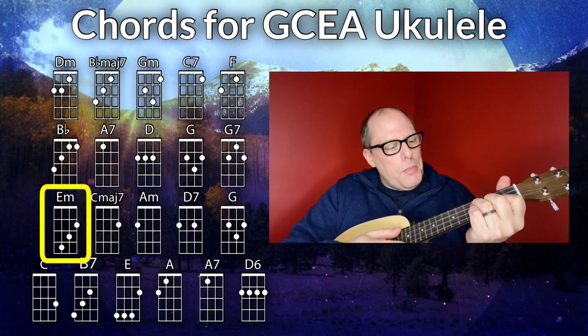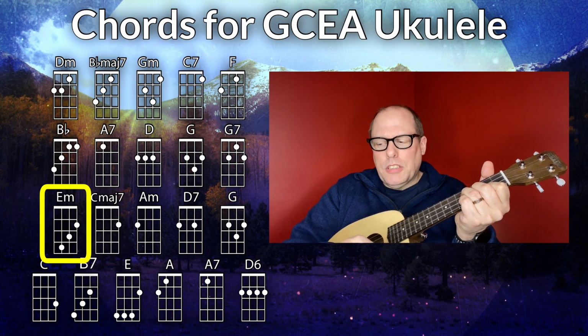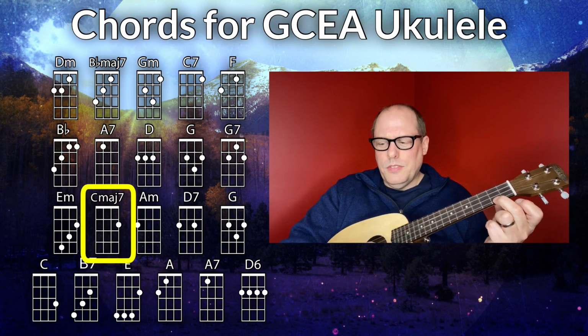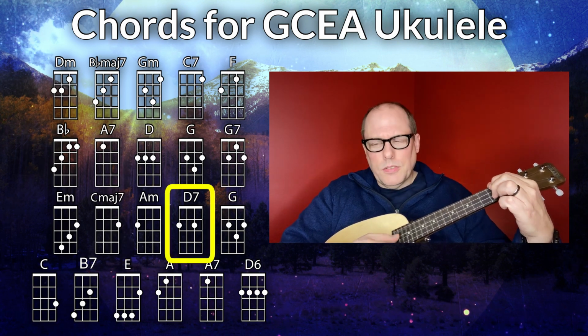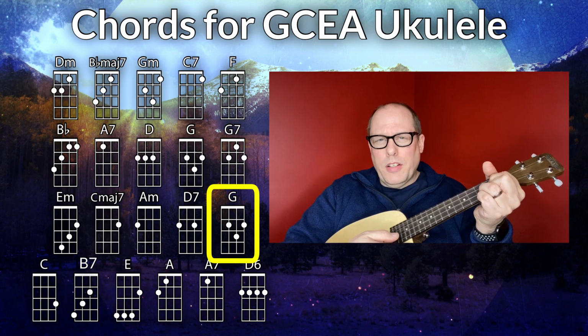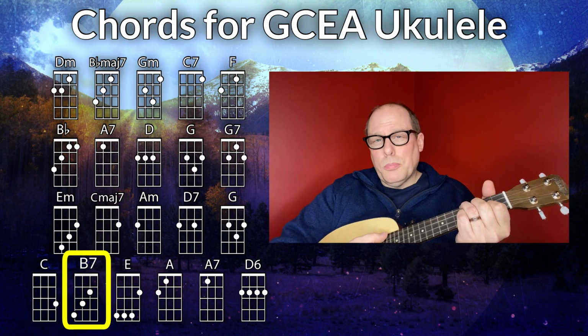Then you've got your G chord and your G7 chord, and then we switch keys to a whole bunch more chords. You have your E minor chord, which is very much like that B flat major 7 we looked at before. You've got your C major 7, A minor, the Hawaiian D7 with two fingers, your G, which we've already talked about, your C, the actual B7 now,